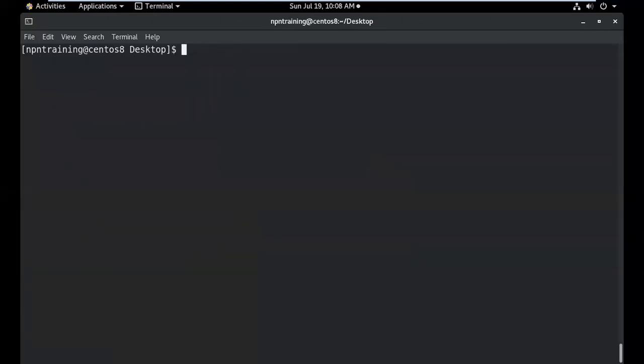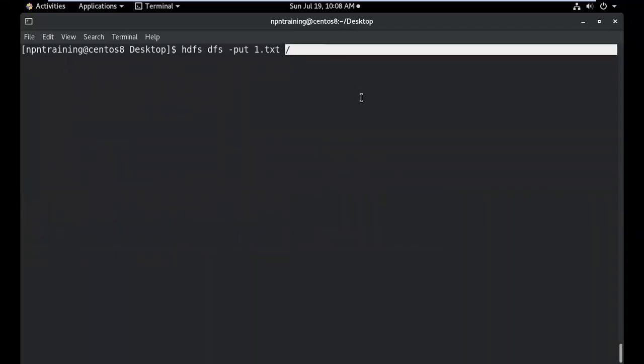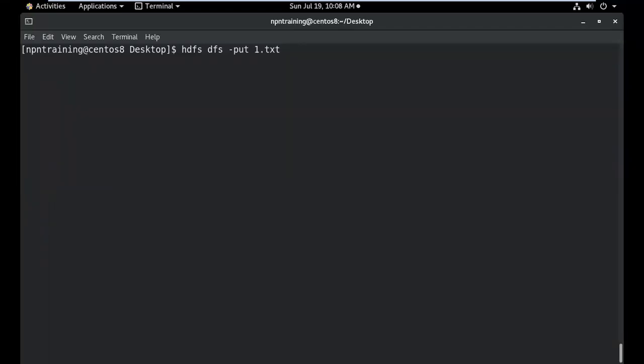Now, please look at this. I will execute the same command, but this time I will not use just this slash, which means the root directory. You can also give the NameNode address. For example, in my machine, I can move it to HDFS with the domain.